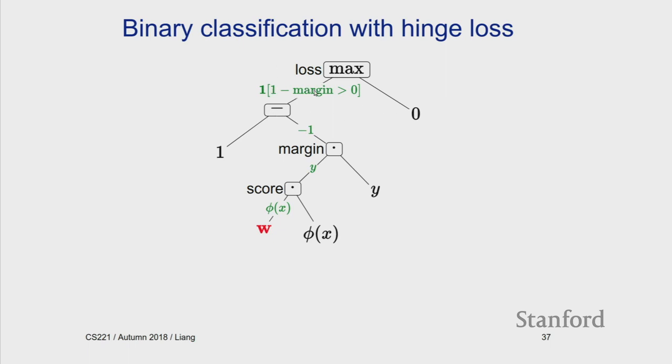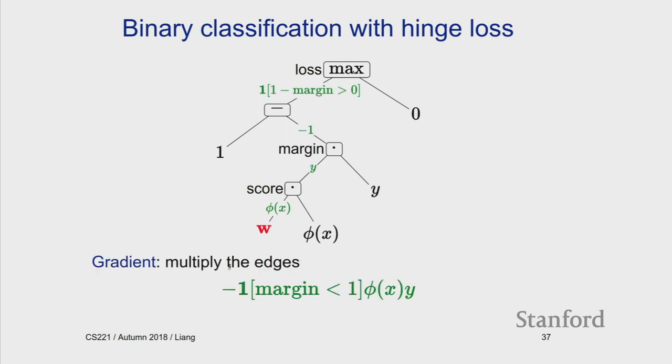One is what's going to go on this edge. It's exactly the indicator of the left expression greater than the right expression. This is minus 1. You can read it off the board. This side is the right argument, which is y. This side is the right argument, which is phi of x. And then you just multiply all the edges together, and that gives you the gradient of the loss with respect